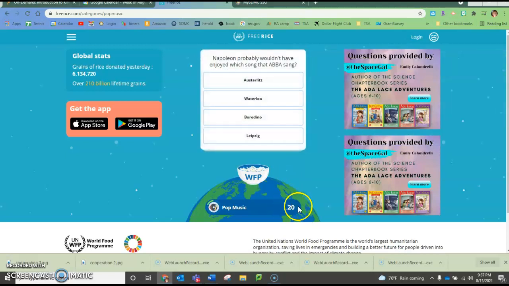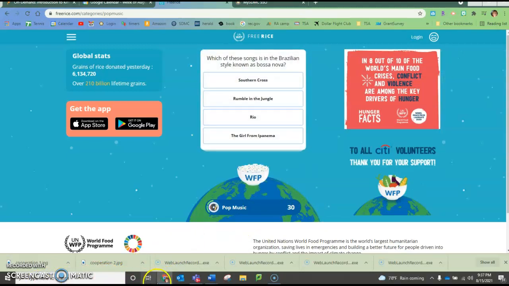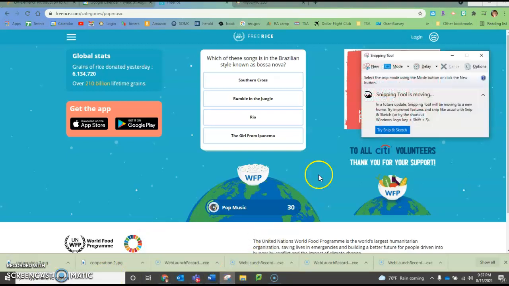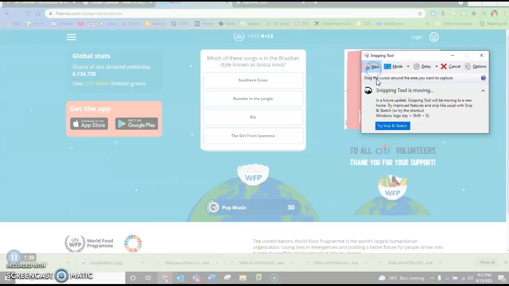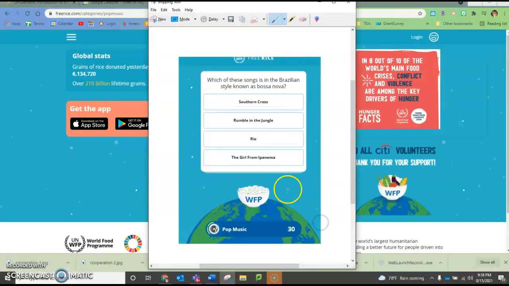Once you get to 200, what I want you to do is go and practice using your snipping tool. Now it should already be pinned to your taskbar, so you should be able to just click on it, go to new, and then see how it turns. And what I need you to do is just go like this, so that I can see that you earned